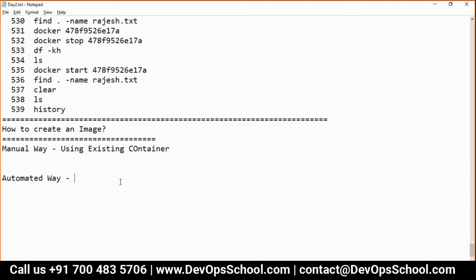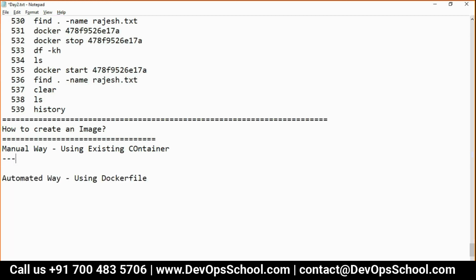Automated way, using a Dockerfile. So first I'll teach you the manual way, then I'll teach you the automated way.